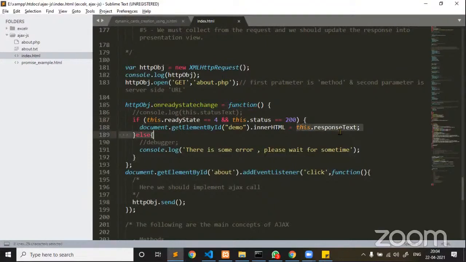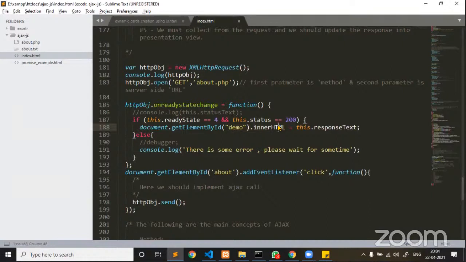Now, whatever response text we have collected from a server, you see here this dot response text is a property which we collect from a server on successful placing of a request. That response, you can see at line number 188, getElementById dot innerHTML. We are setting it for the HTML element.